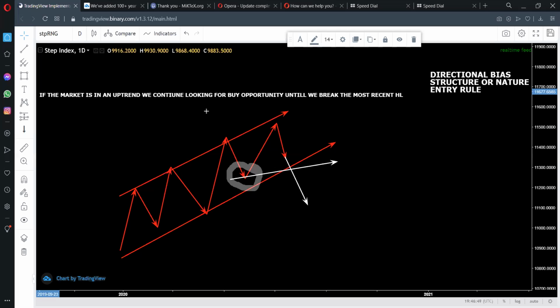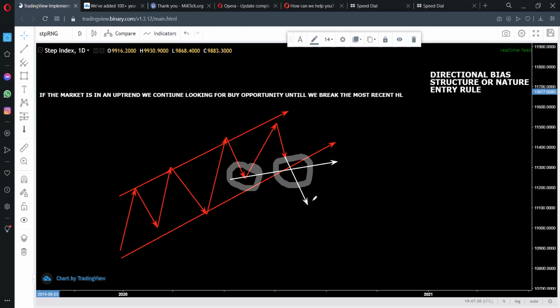So if the market breaks this key zone, we consider the market is already in low. So we don't sell here, because if you sell here, you are just risking your capital. If you sell here, where are you going to place your stop loss? You don't have an area for your stop loss. You might risk all your capital, and we don't do that. We don't sell right after the breakout. I will teach you when we need to sell right after the breakout and when you need to